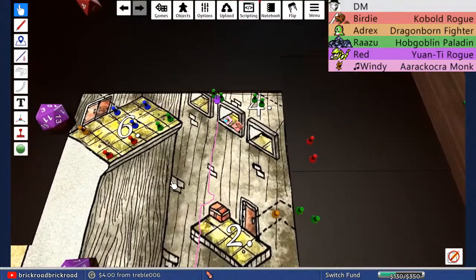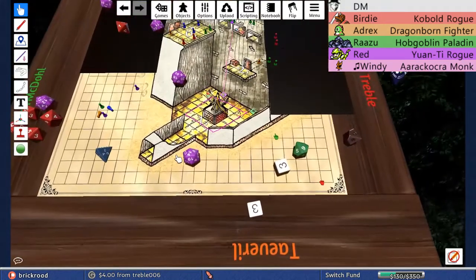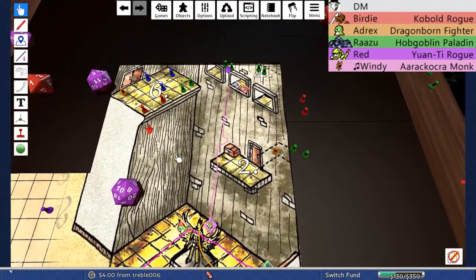So that is 19 to hit. That'll hit. And you get a D10 for additional D10 worth of damage. It's my superiority die. Nice. That's 13 magical piercing. Okay. And he shudders at the impact of the arrow as Adrex shouts up at you,